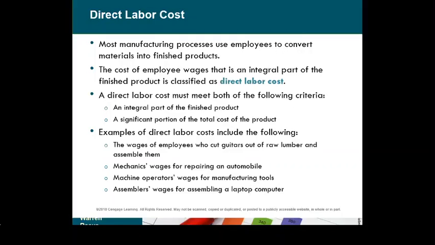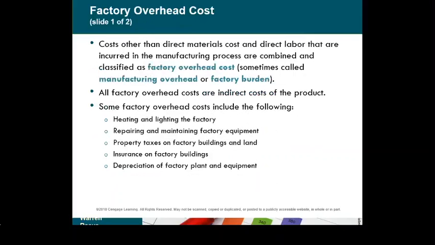So under direct labor, they are directly related to the product. Usually they will touch the product and give their services to complete the product. So that is what we consider as direct labor costs. So the third one is factory overhead costs. Factory overhead costs can be quite blurry, quite confusing, because it is a cost that is not